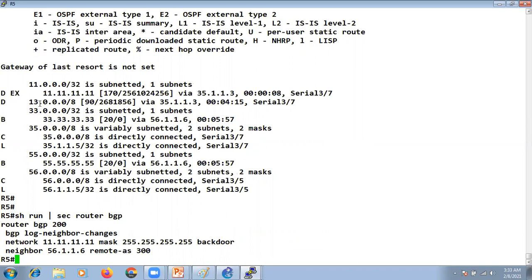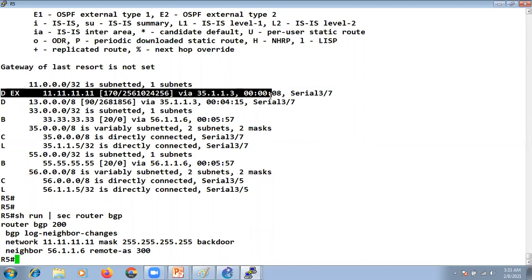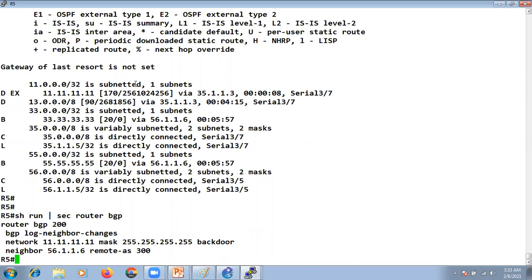That is why only the 11 route is installed as EIGRP, because the EIGRP AD is 170 here, and for the 11 network the AD value for the BGP route is 200.